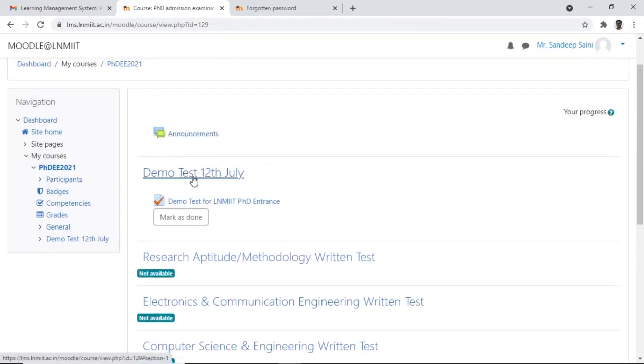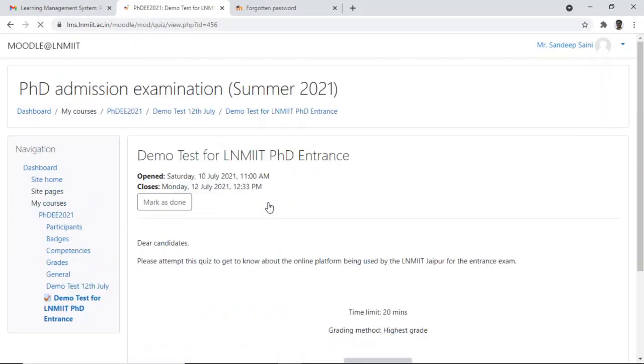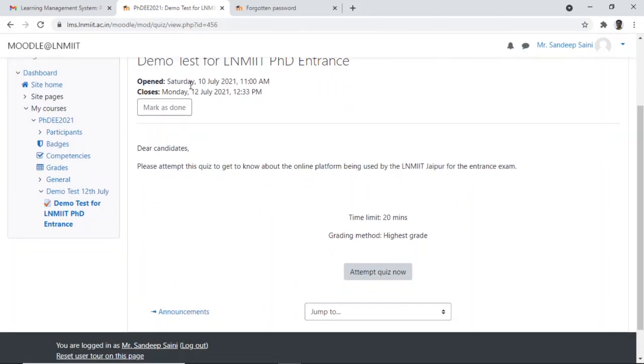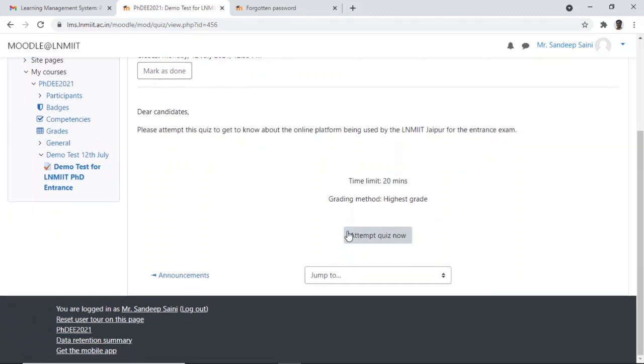Let us say we are going to demo. This is the name of topic and this is the name of exam. So you have to click here. Now this exam I have started early, but it will be open on 12th July 11 a.m. If the time is fine and date is fine, you are going to get the option attempt quiz now.